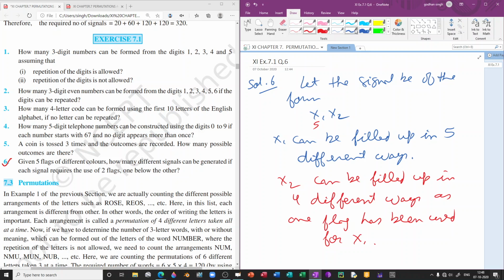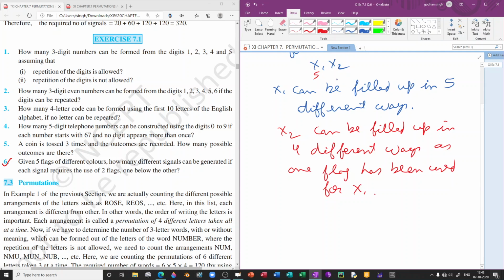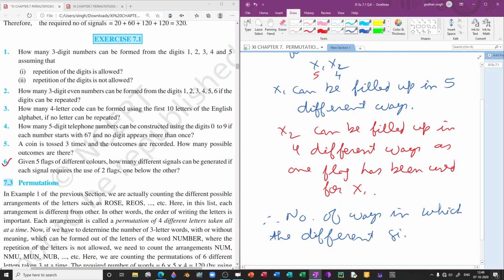So therefore the number of ways in which the different signals can be made,